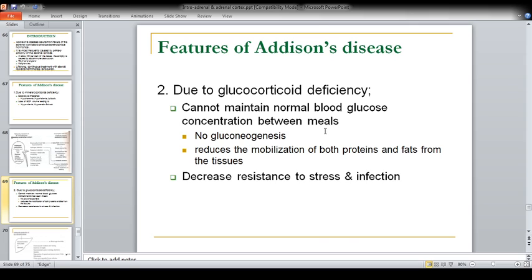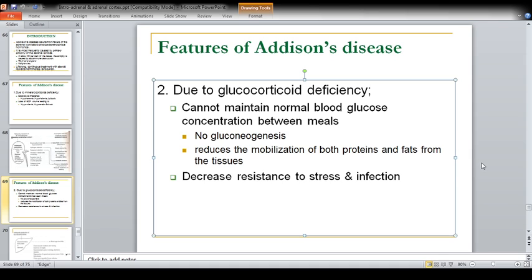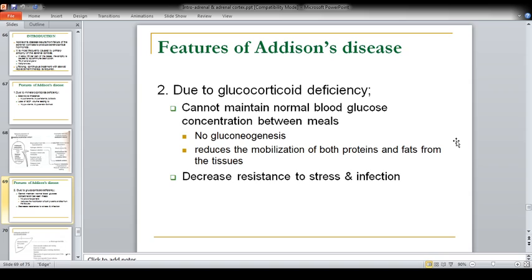Moreover, new glucose formation would start occurring, that is known as gluconeogenesis within the liver. And that is how we survive the period of starvation. But in a patient who does not have cortisol, what would happen? The patient would not be able to survive this period of starvation. He would go into hypoglycemia,